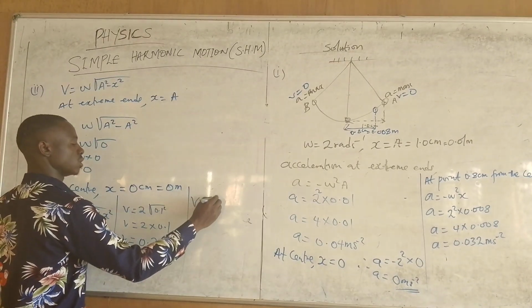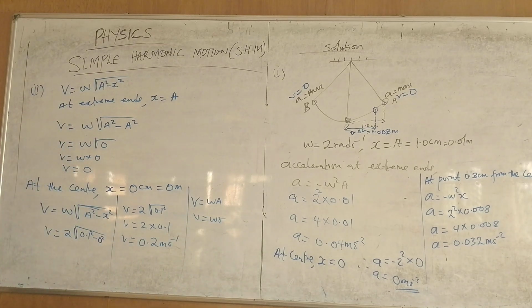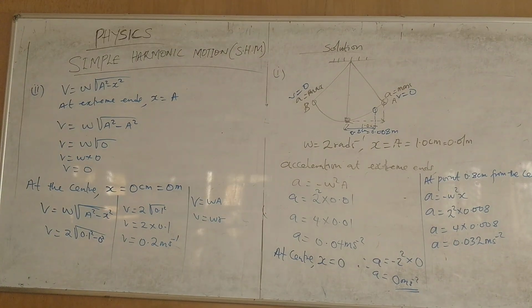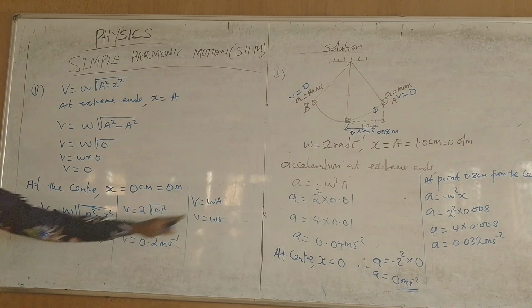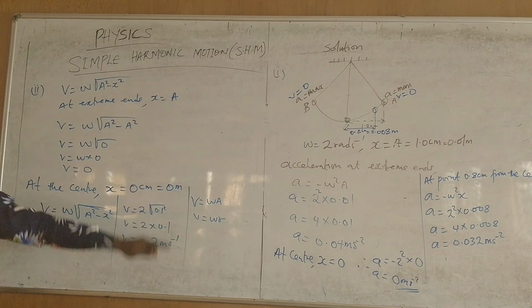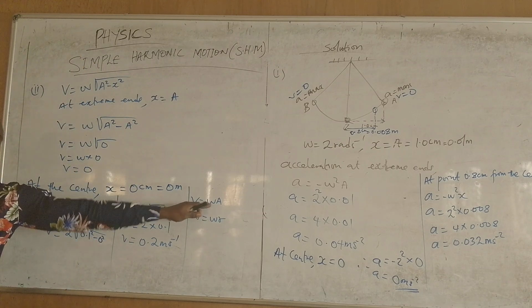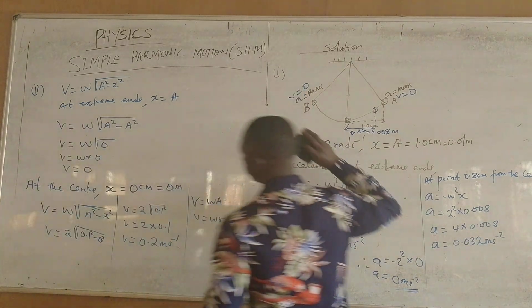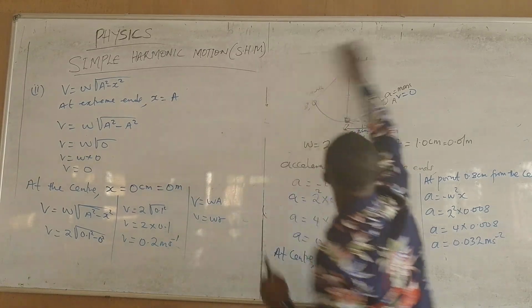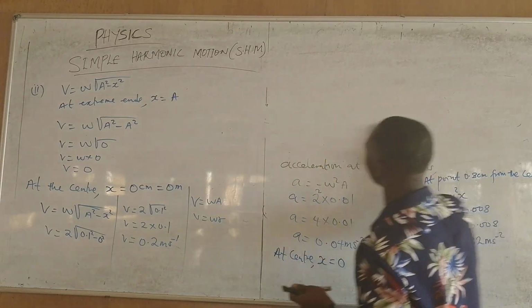V equals omega A, because at the center x is 0. So this formula is already reduced to V equals omega A. You can just use this formula straightaway at the center: put your amplitude and your angular speed, multiply, and that's your speed. But the last one, this one must be applied now, where our displacement x is equal to